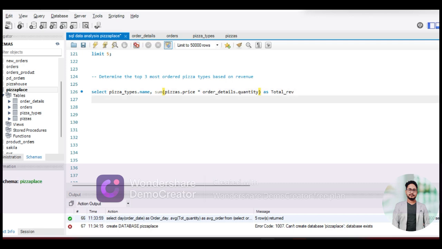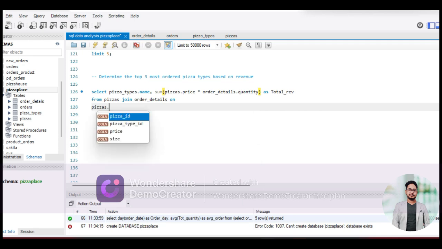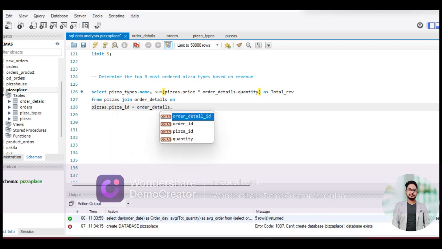Now we will extract this from pizzas and join order details on pizzas dot pizza id equal to order details dot pizza id,